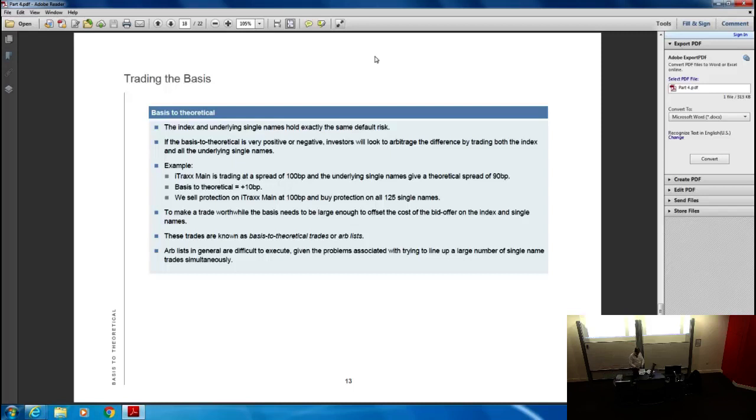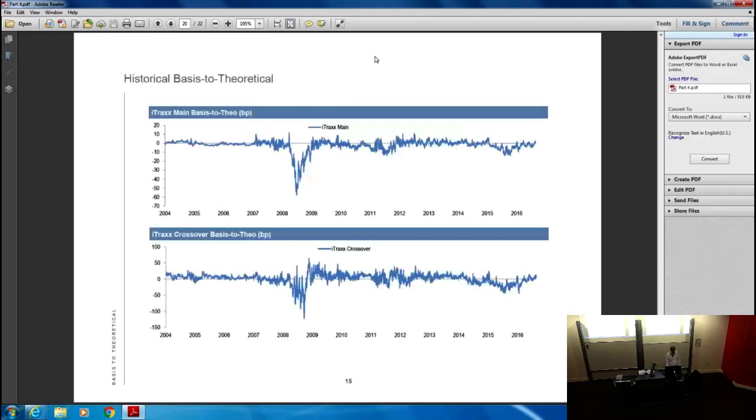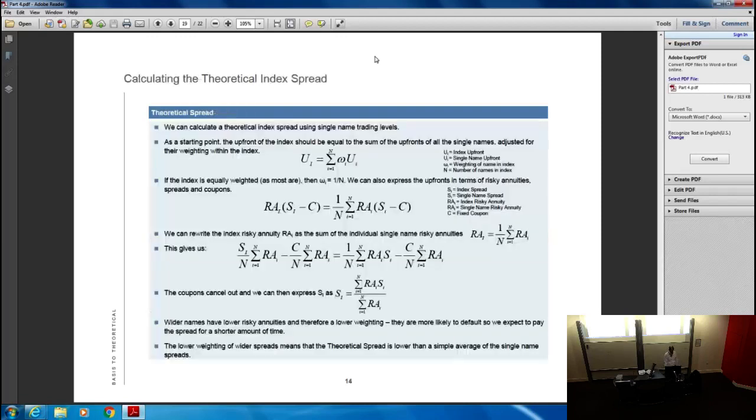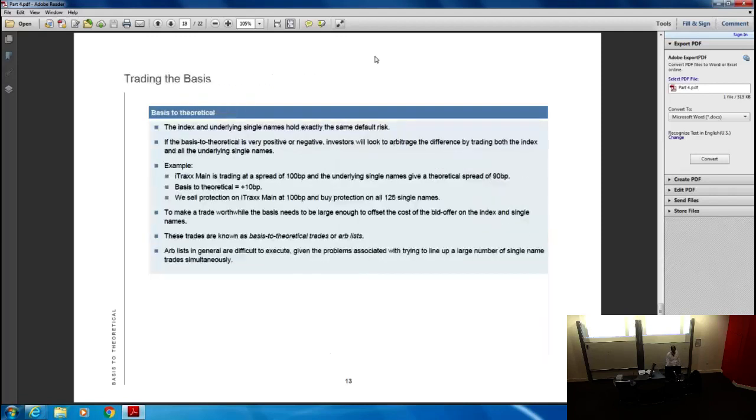I think we've got a chart in a little bit. But you do get times where the basis moves around quite a lot. And if you can time it, if you can get in there at the right point, if you've got access to liquidity, you can put on trades where you're able to pick up 10, 15 basis points of arbitrage free pricing. So